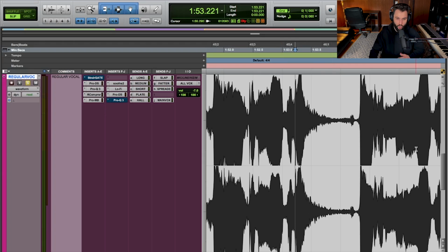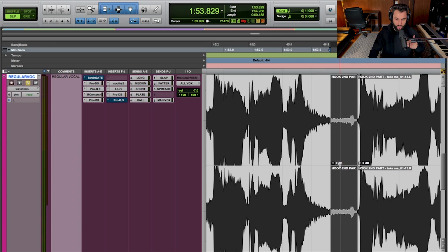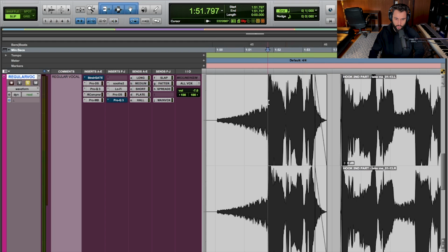So what we could do to help reduce the noticeability of this is we could grab a moment of the vocal performance, at least when his vocal stops happening and where there's a gap in that performance, we could crop it out and then remove it and then apply a crossfade for a nice and smooth and seamless transition. For example, now